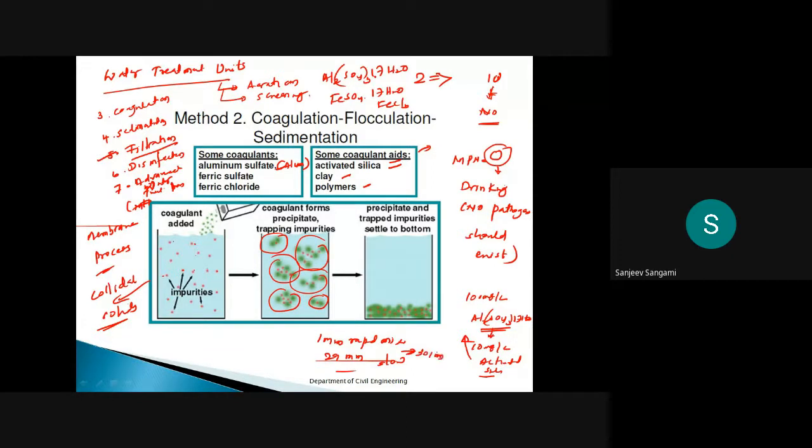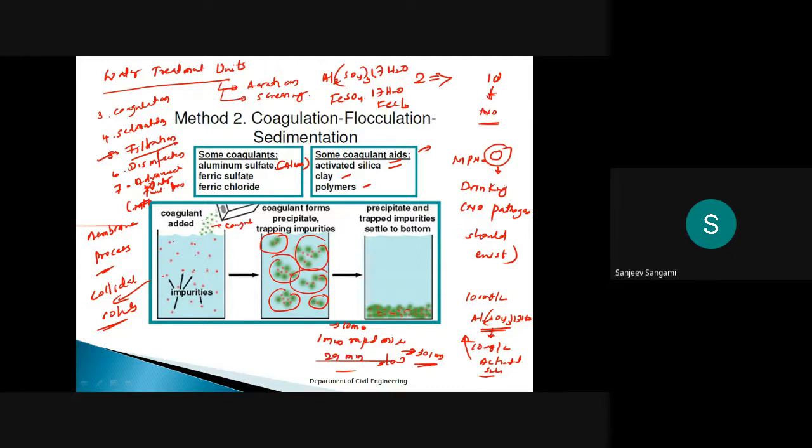Once 30 minutes is completed, if you wait for 10 minutes, the clubbed particles are going to settle at the bottom. So in the second stage, the coagulant forms a precipitate, trapping the impurities. Here you can see that it is trapping the impurities. It is nothing but coagulant, remember.